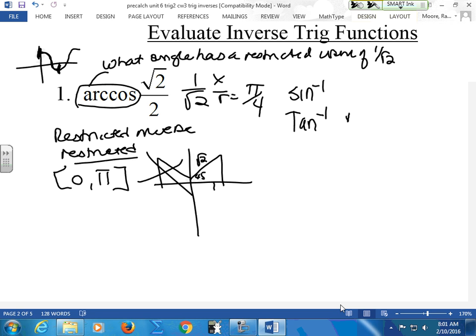You could write them like these. You can see a big arc versus a little arc. Years ago, they used to make a difference between the capital and the small a. They no longer do that. Every arc is considered a restricted angle, regardless of what it looks like. So you return me one answer, pi over 4. In degrees, 45, unless I specifically said what it was. If I did this,